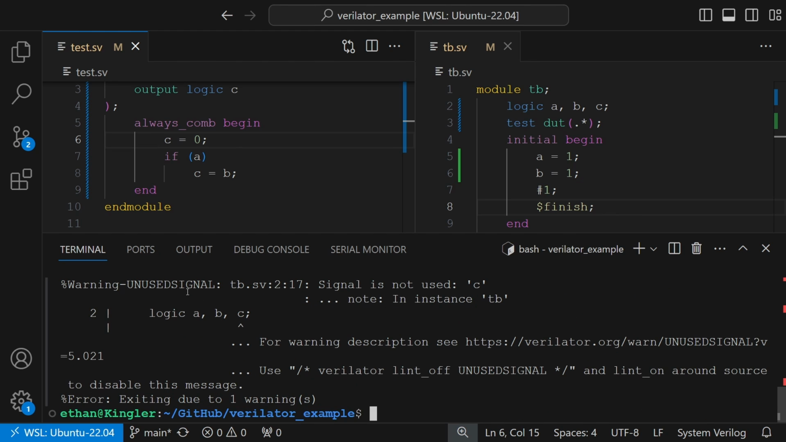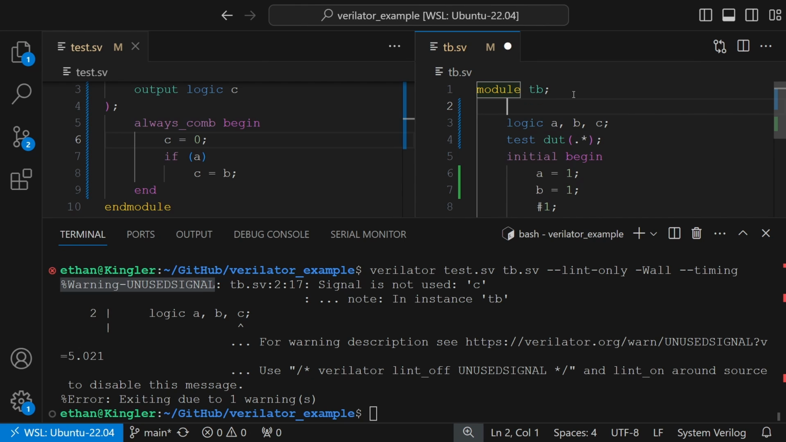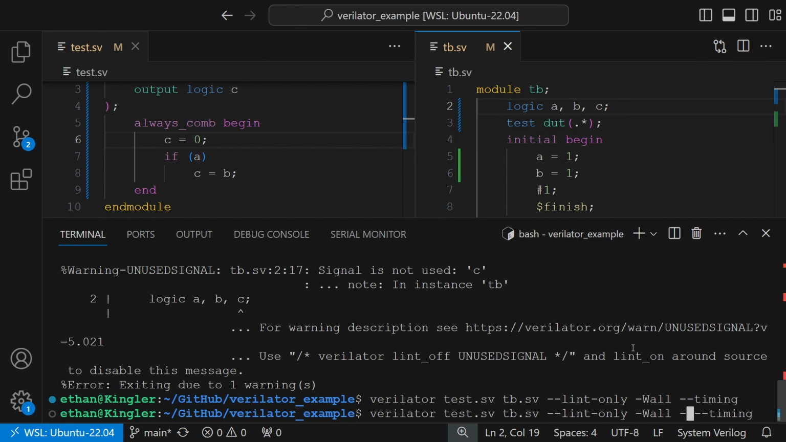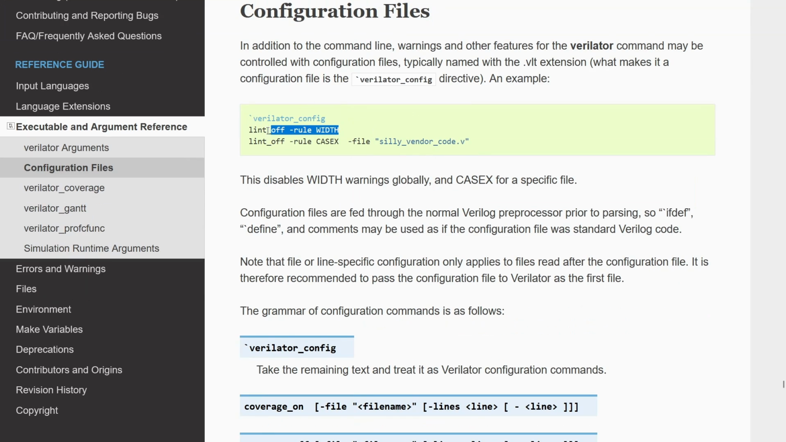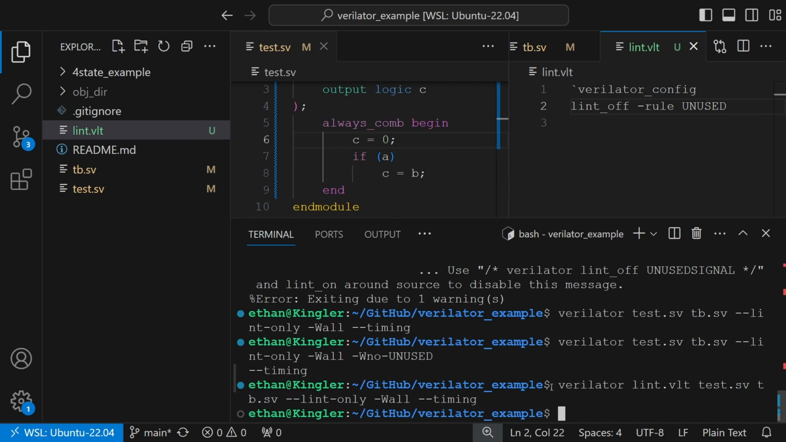However, my test bench is still getting an error because I'm not actually using the test output signal. But I never really intended to use this signal because I'm just hoping to look at it in my waveform viewer, not actually touch it in the simulation. But fortunately, I can disable any warning I want, including this unused signal warning, by either adding a Verilator lint_off directive in a comment, or by disabling the warning through command line arguments, or by creating a Verilator configuration file. And you can just pick your favorite option for your specific use case, as all three of these options